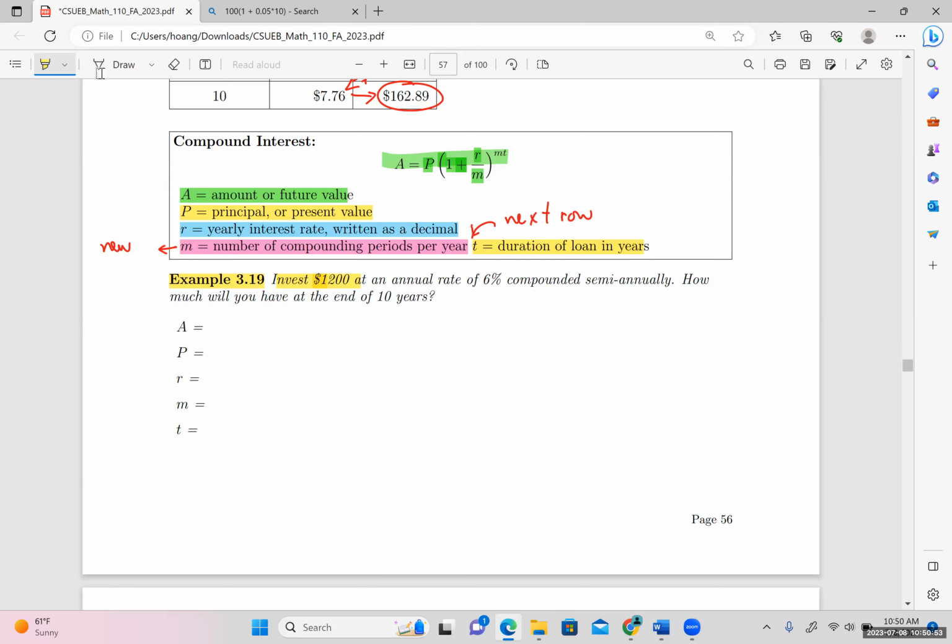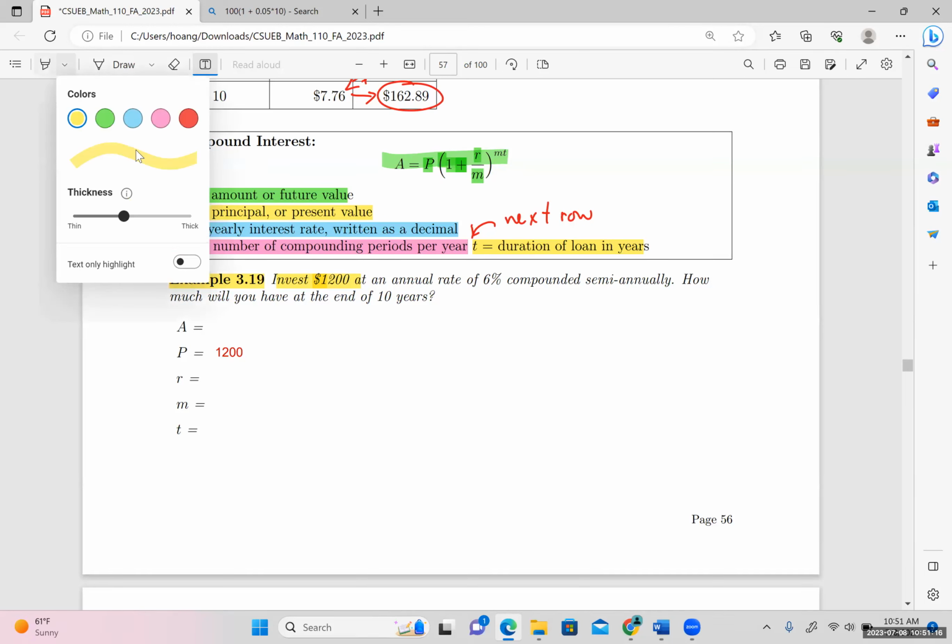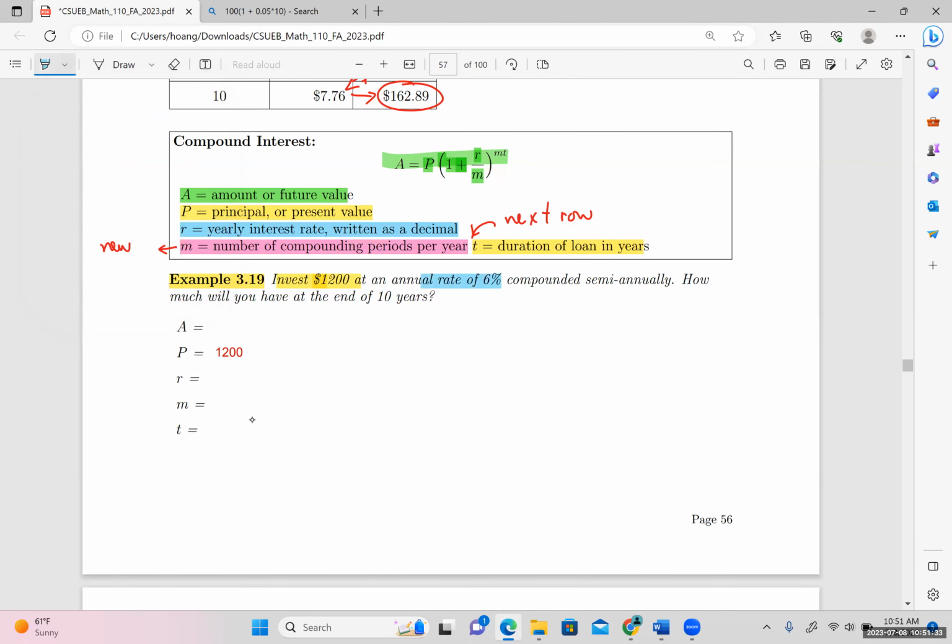It's the initial amount, so I have P here. The annual rate is 6%, so R is 0.06. And the next one is